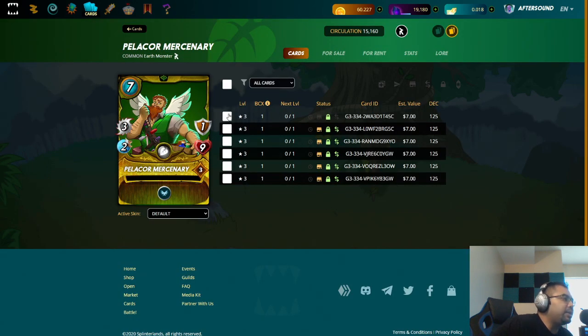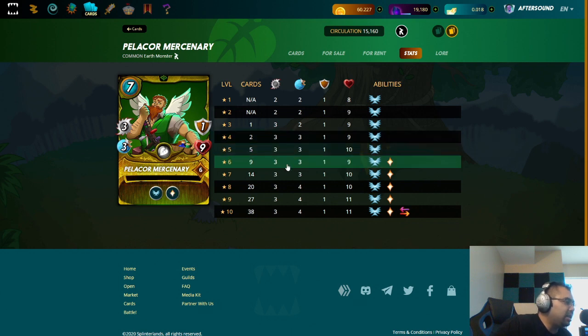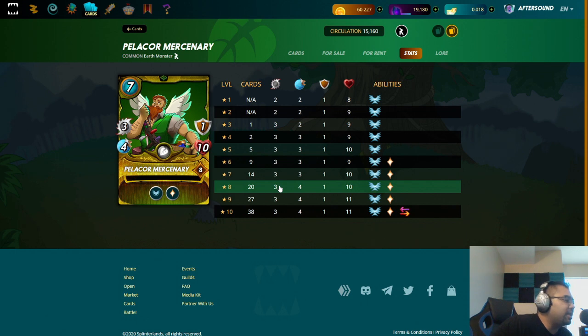I don't have anyone, I don't even have a summoner that could play him, or I do have one summoner, a dragon summoner, that can play him at level 3, but I don't have Llama or anything else within the Earth deck that would make sense for him. So I'm trying to get the amount of BCX required to get him to at least level 6, which would be 9 BCX. And if I can swing it, then get all the way up to 20 BCX for that